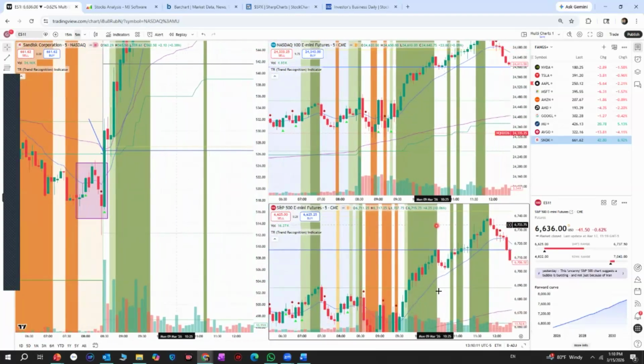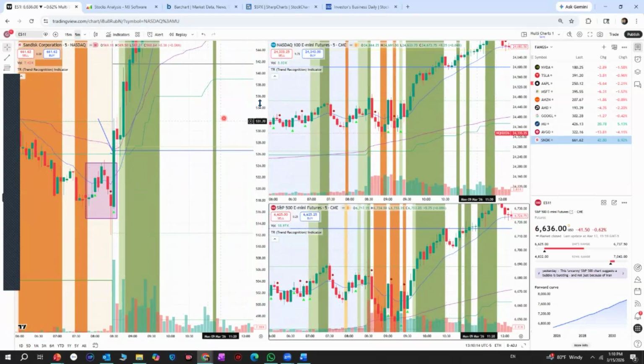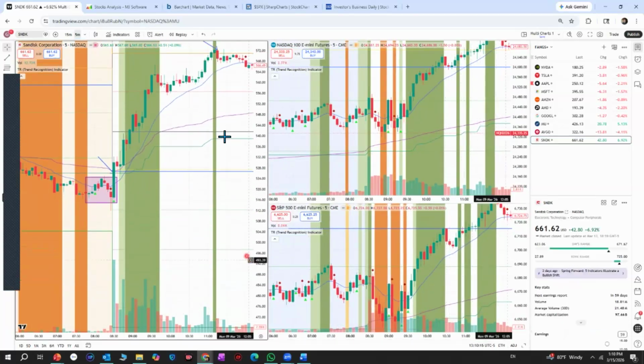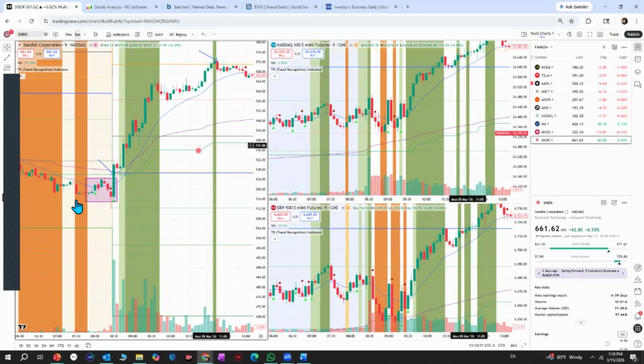So these are the markets we're doing. And this is what our stock was doing, SanDisk. It came out here, tried to make a breakout, failed at least 2 times, but established a trading range. Then it broke out of this range, again came back, found support, and then the green zone started at around